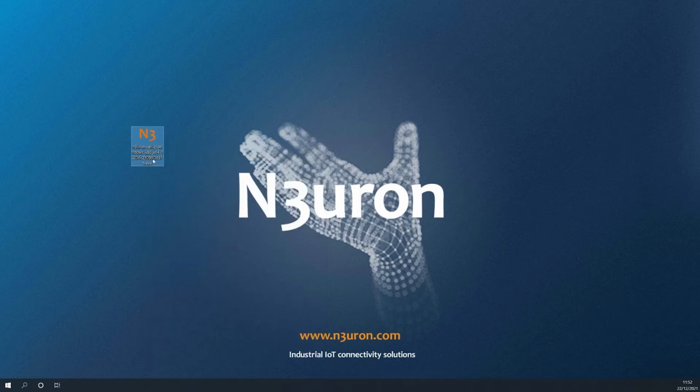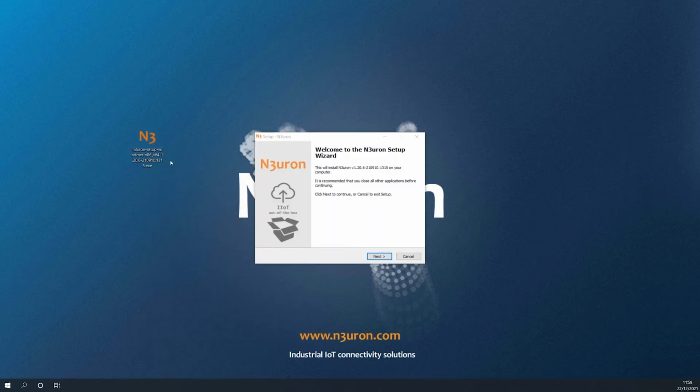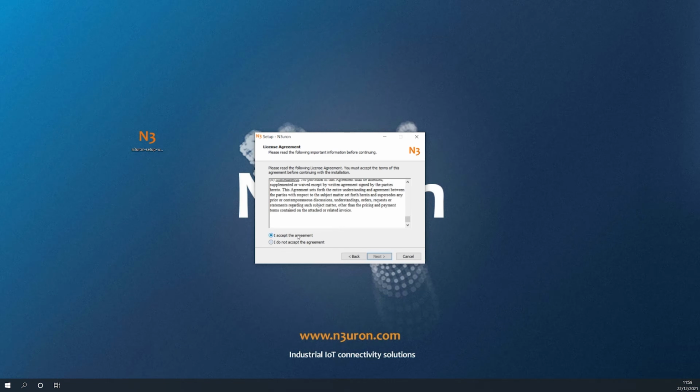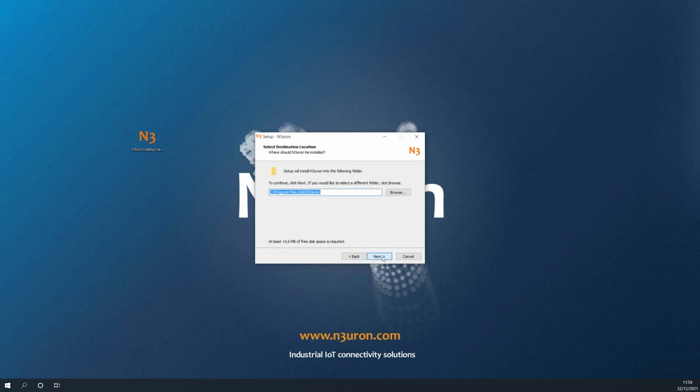as a service. As soon as it starts running, we are greeted with a welcome message. Click Next to continue. Accept the agreement, and continue with the upgrade process. We can now select the folder where we want to install Neuron. From version 1.21, Neuron runs natively as a 64-bit application. Therefore, by default it is installed to the Neuron folder in Program Files on the C disk. So be careful to modify that path in the installer, when upgrading from previous versions, to change it to the Program Files x86 folder on the C disk.